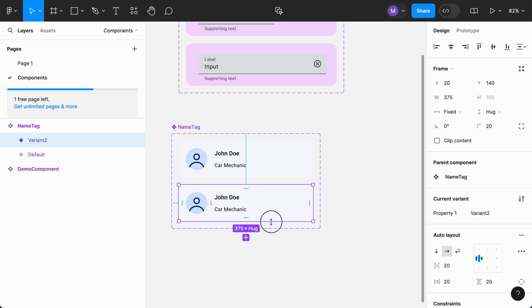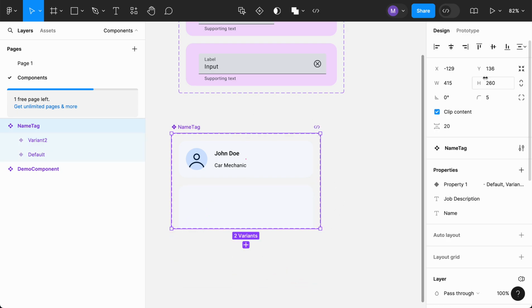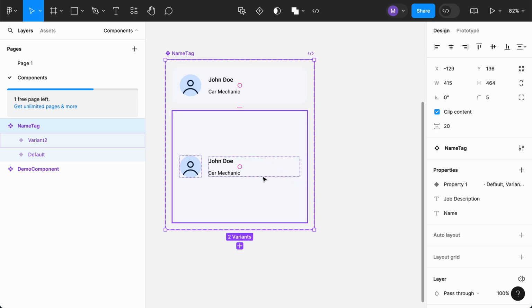What I can do is expand this, and for this one I can use this resize to fit button to fit the variant. So this component is now enlarged, and what I need to do is add a text box underneath it and pull these things to the top. To do that,